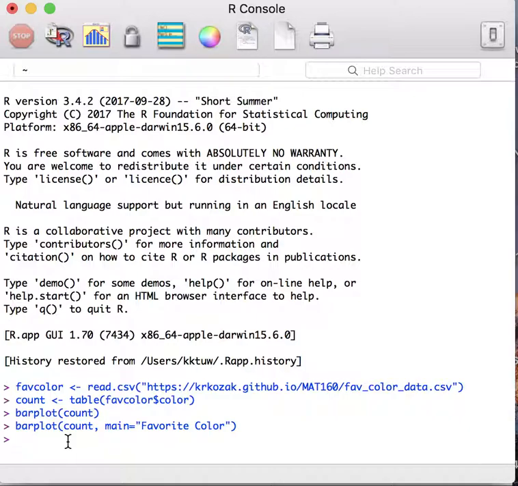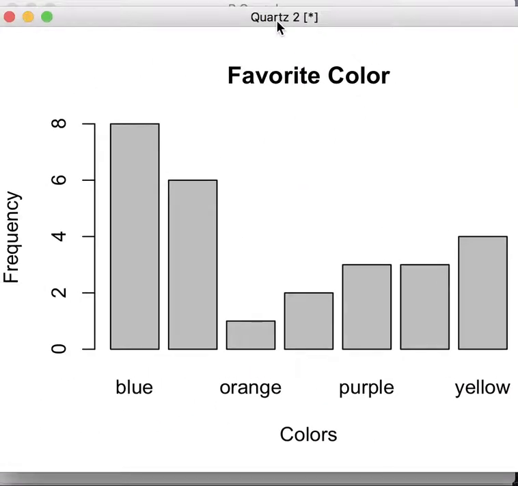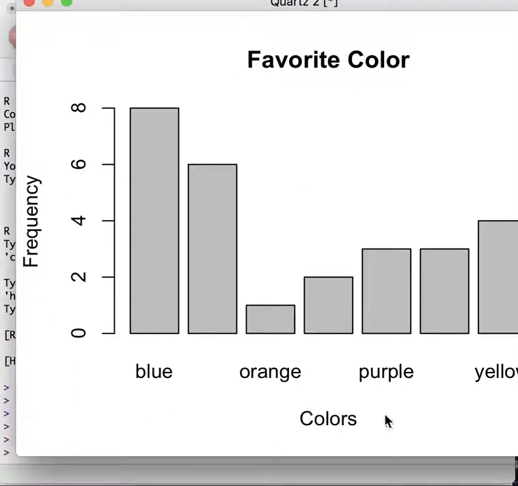If I now go and say, oh, instead I also want to have labels, for the X label, it's actually xlab for X label. And again, you do equals, and then in quotes, you just type in what you want to call that. Since these are just colors, I'll just call it colors. We'll go ahead and do the Y label at the same time. So Y label is ylab, and these would be your frequencies or count, whatever you want to call it. By the way, if you make a typo here, it will print the typo because all it's doing is typing whatever you do. So now if we go back and look at our graph, you can now see it says frequency and colors